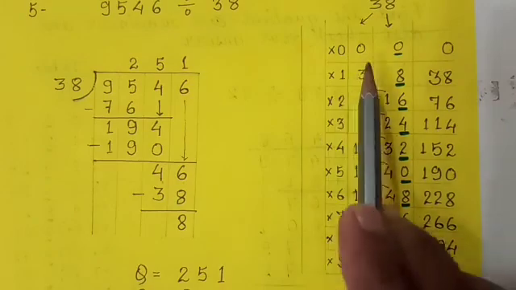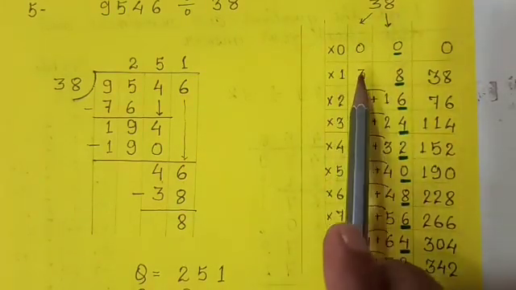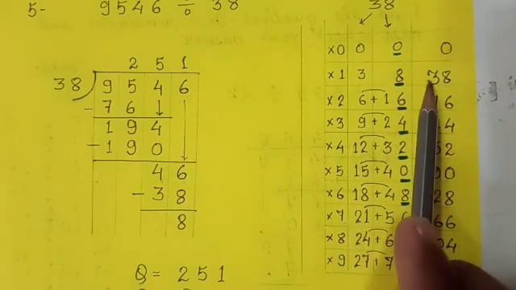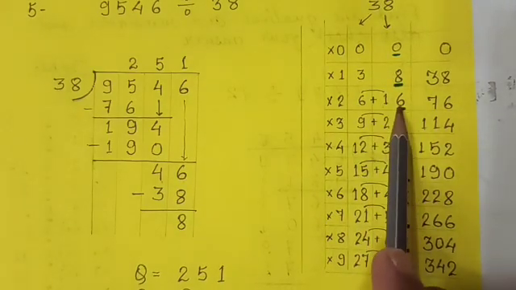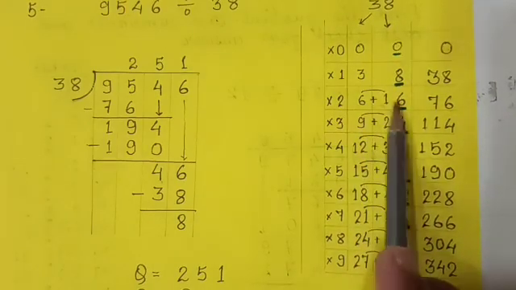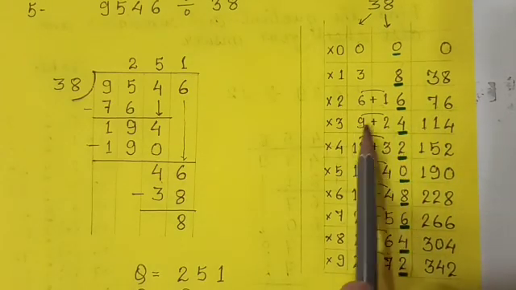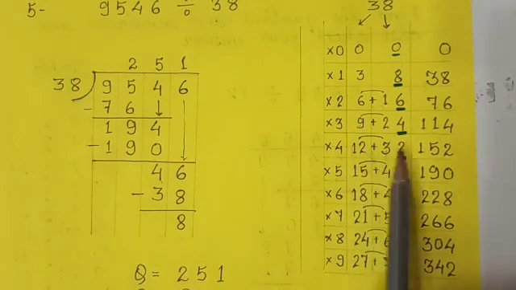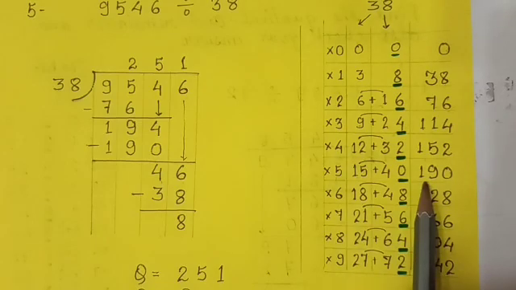Then we have to focus on the numbers we are getting in this tens column. Here it is 3, nothing is left here, so 3 we have to write. Then 6, here 1 is left. Already we have written this 6 here. Therefore, this 6 plus this 1 together 7. Here it is 9, 2 is left, so 9 plus 2, 11. Here it is 12 plus 3, it is 15. 15 plus 4, it is 19.